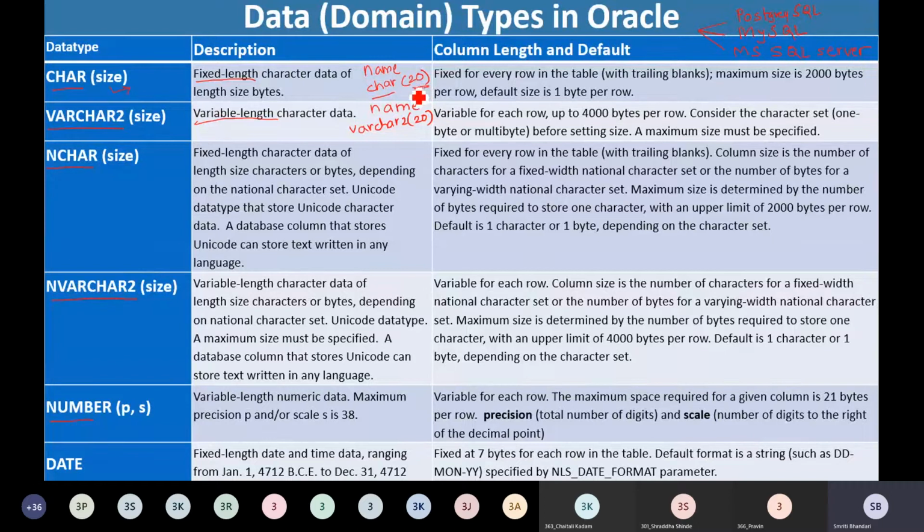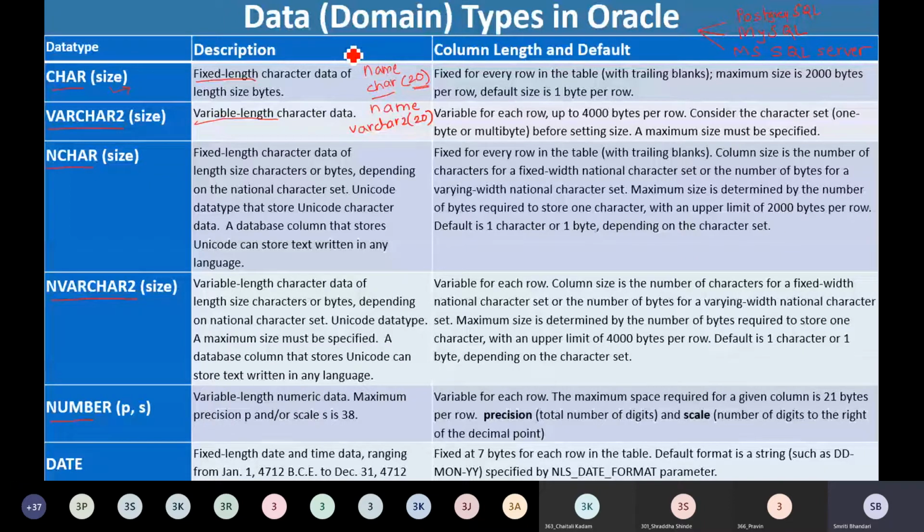In the char type, irrespective of the actual length of the name or the string that I am going to store under the attribute, the size number of bytes will be allocated. So if size is 20, 20 bytes will be allocated. So even though my actual name includes few characters, 20 bytes will still be allocated.